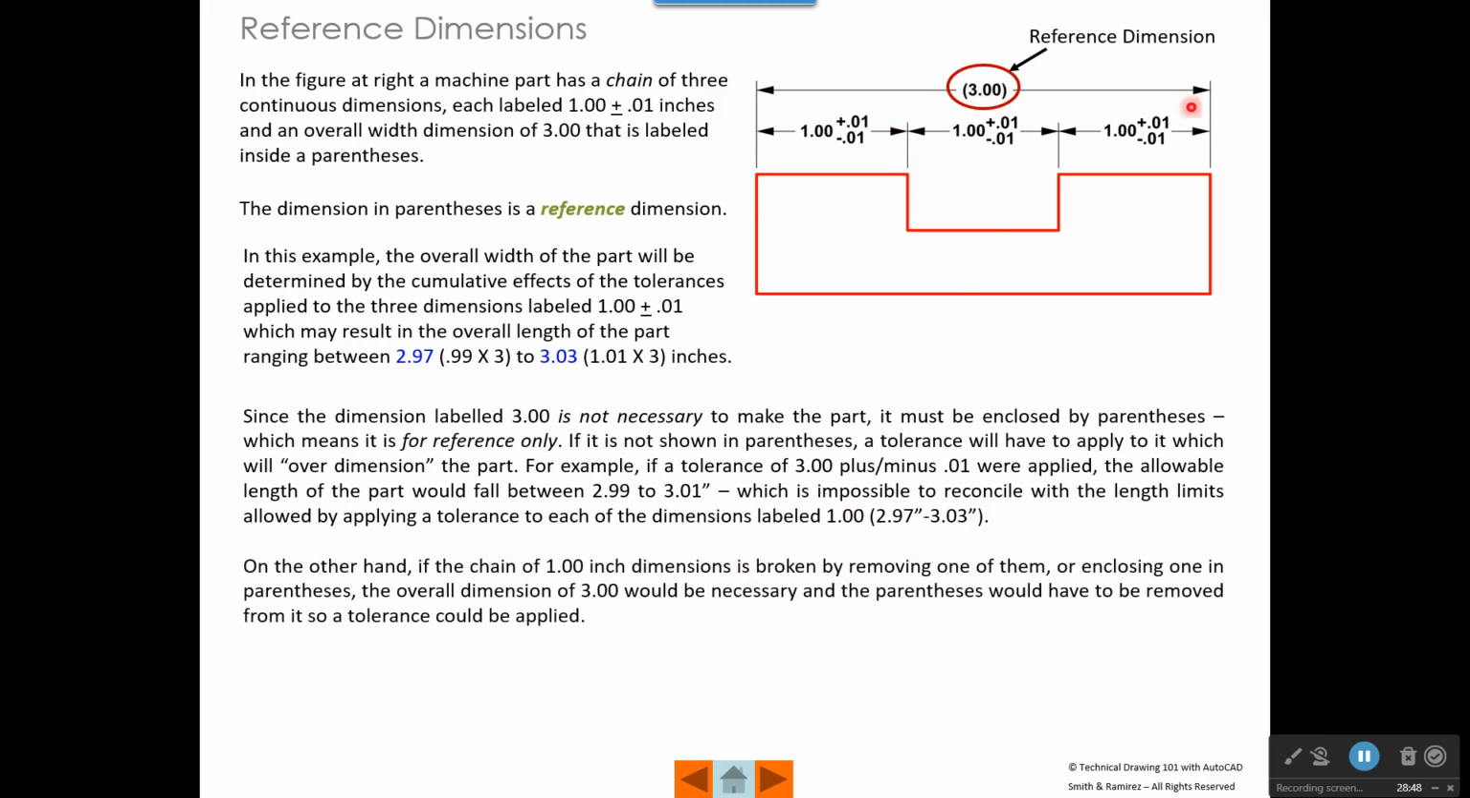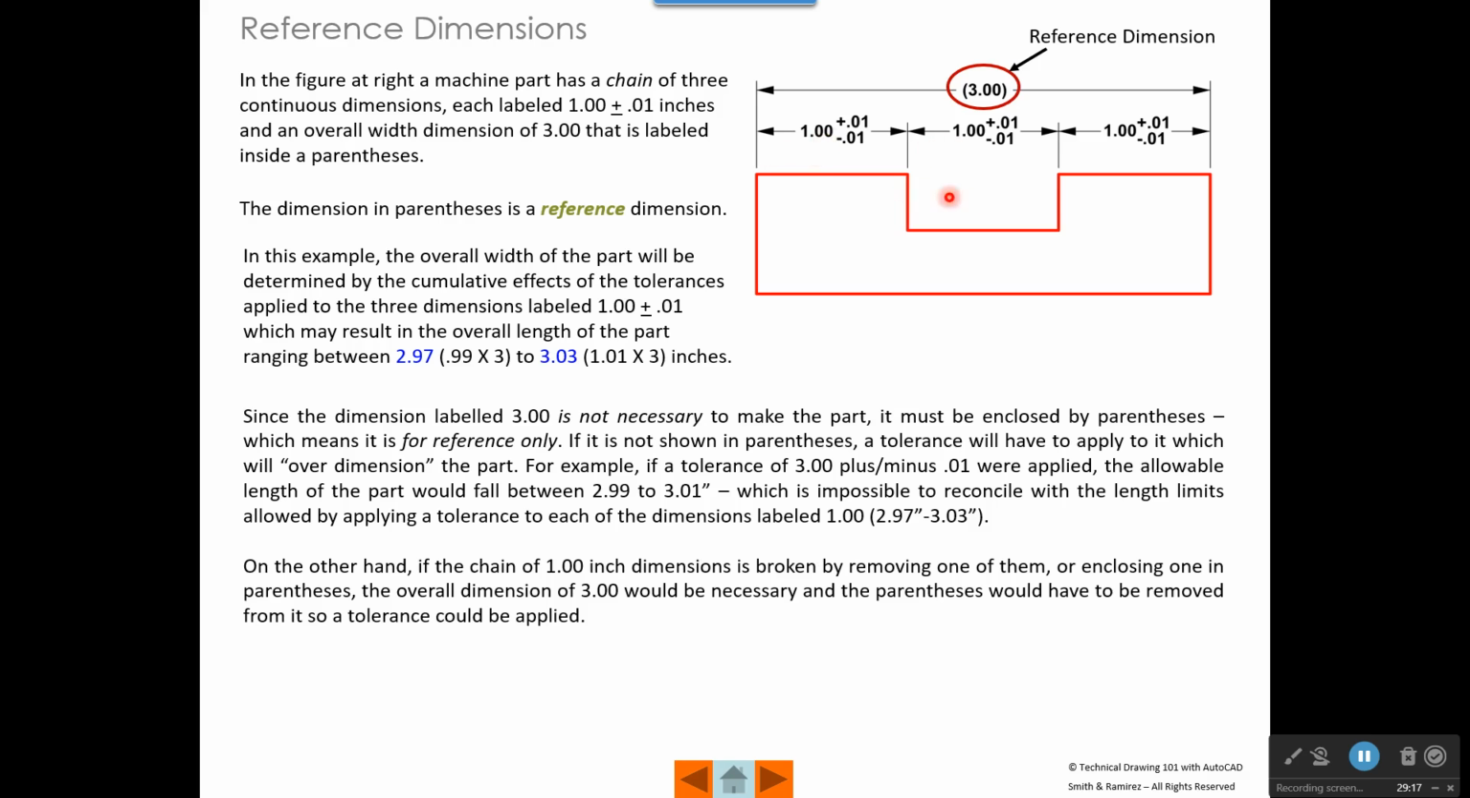On the other hand, if you took one of these dimensions out and left it off, let's say you kept this dimension and this dimension, but you didn't have this dimension, you would have to have this dimension, and it would have to have a tolerance. So if this said 3.00 plus or minus 0.01, and this dimension were gone, there would not be a problem, because these 2 dimensions would